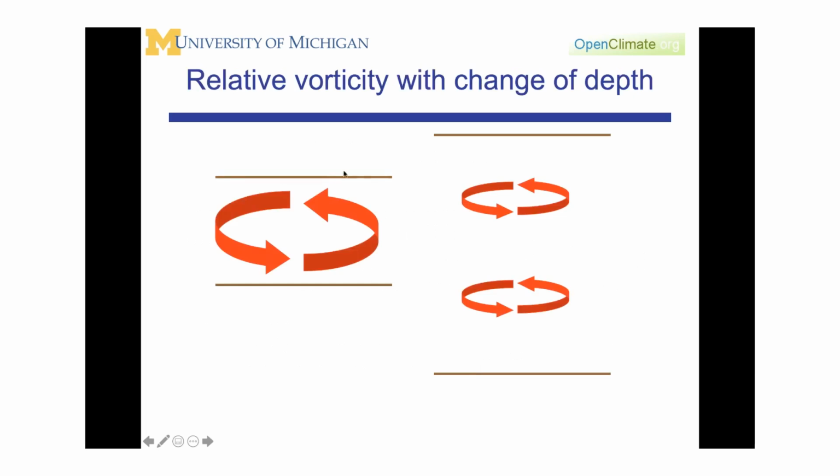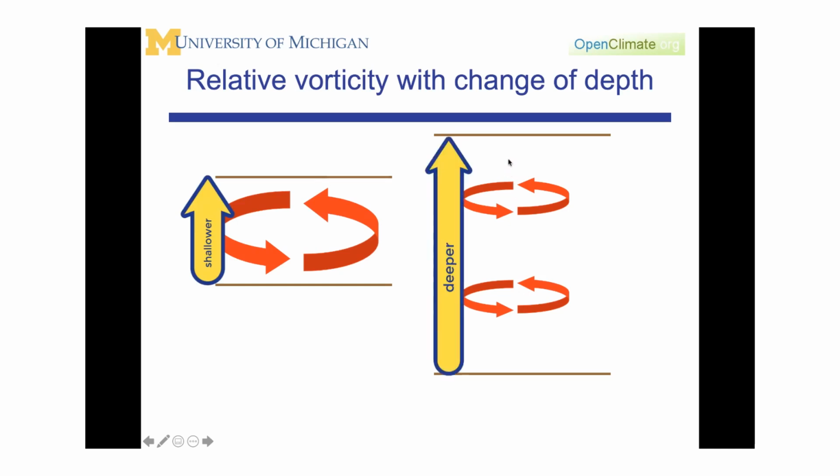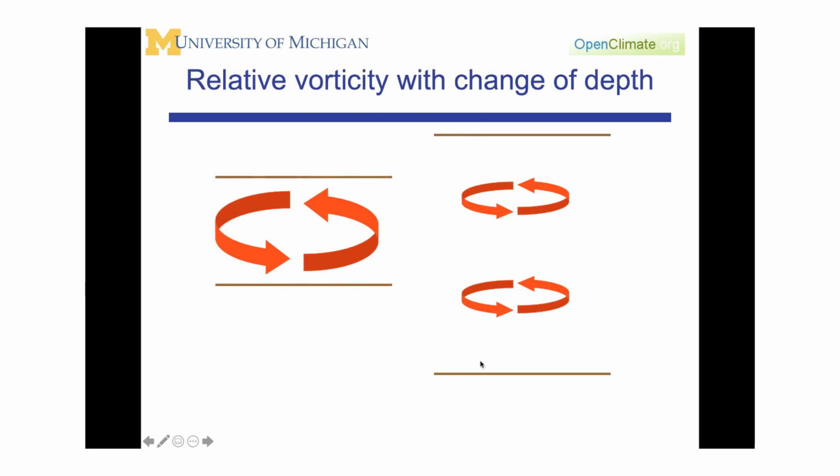If, as depicted here, here's a shallow and a high layer. So these lines here are the top and the bottom of a layer. And you see here that the depth has changed, so this has, what we might say, stretched out. And one of the things that you see has to happen